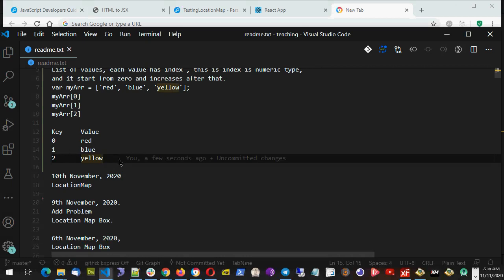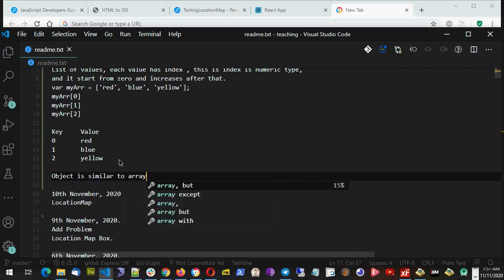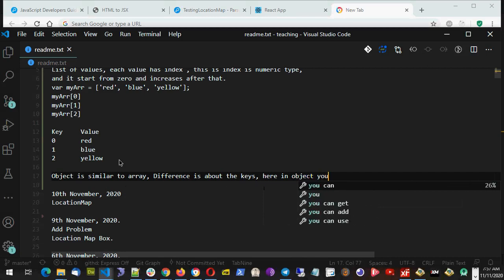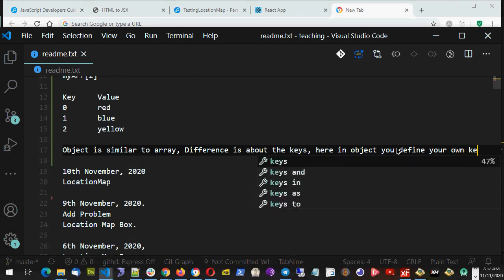So this is all about array. Now we will go with the object. So object is similar to array. There is only one difference. What is the difference? The difference is about the key. In object you define your own keys,